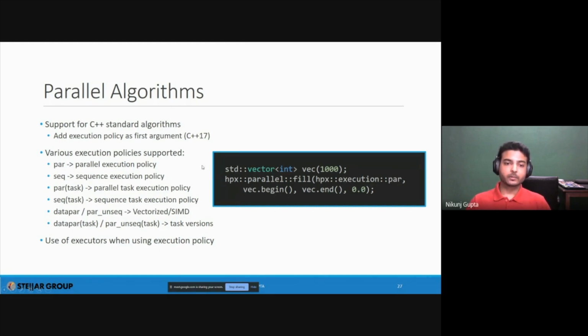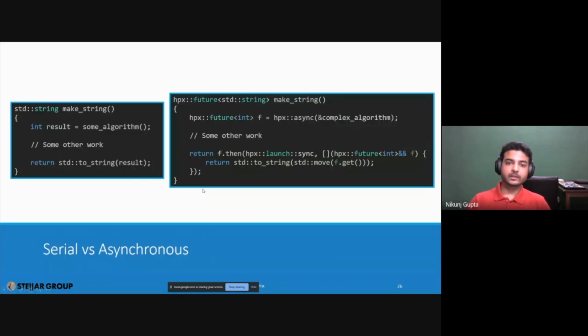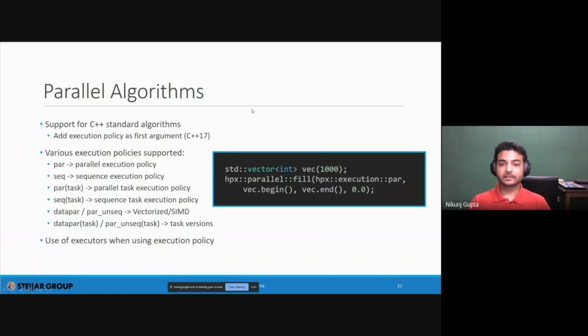In HPX, we provide you with two more policies, namely par task and seq task, which are essentially a parallel task execution policy and a sequential task execution policy. With a task execution policy, we convert these algorithms to futurized, asynchronous algorithms, and these algorithms will then no longer be blocking in nature. For example, if you have a parallel fill on a vector that fills in a value inside a vector in parallel, with execution par this is a blocking operation in HPX.